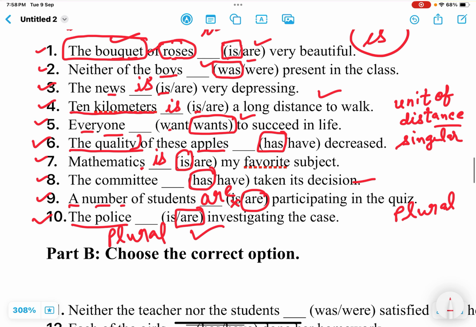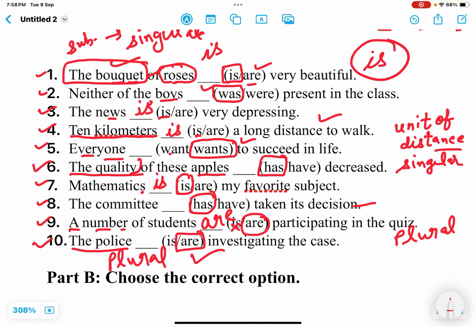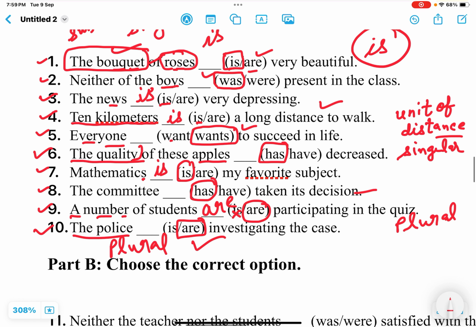These all are tricky questions. Not easy, not very straightforward questions. These are tricky questions in which any one of the rules is applying, when we need to identify the subject in a tricky situation. So all these sentences are very, very important.